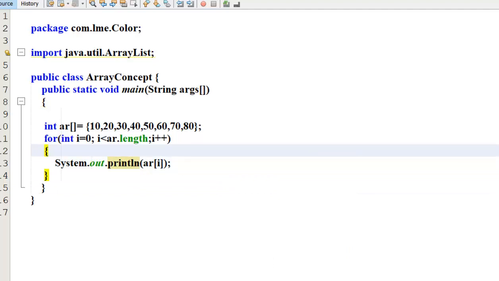I want to run. See, all the values we are getting as the result: 10, 20, 30, 40, 50. It may not be clear to you all, but the values are printed: 10, 20, 30. Right?